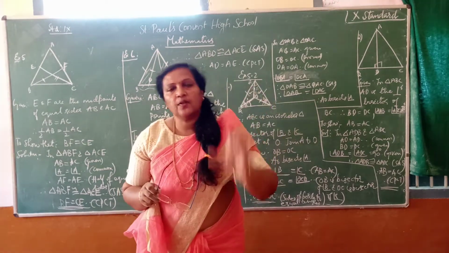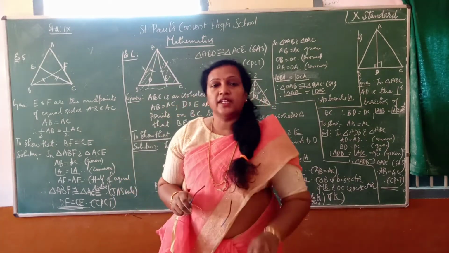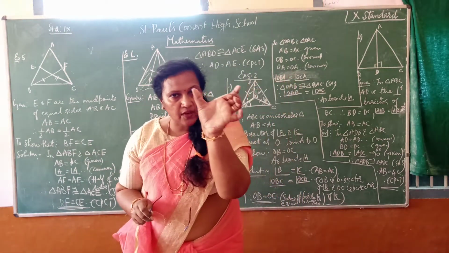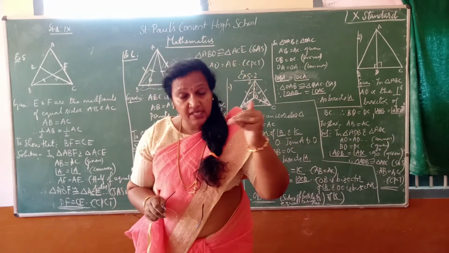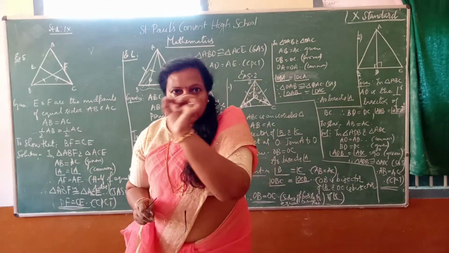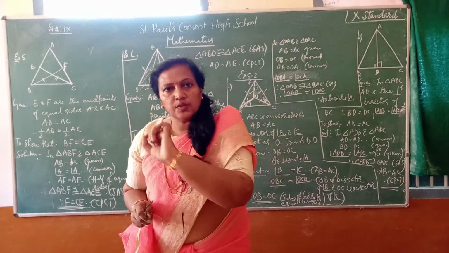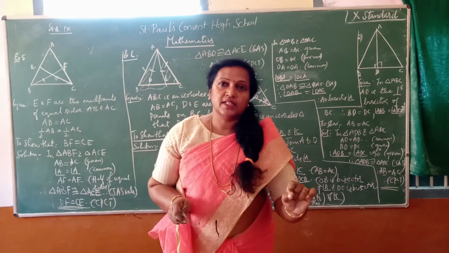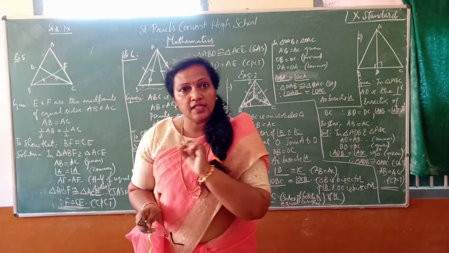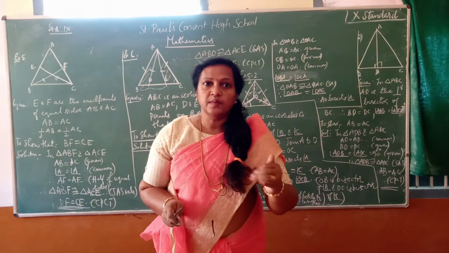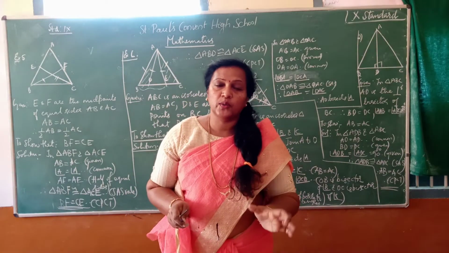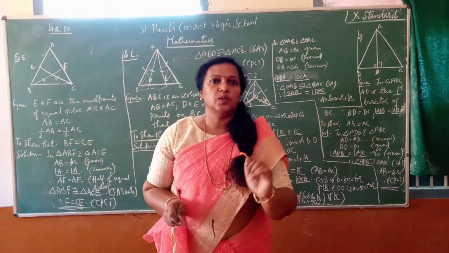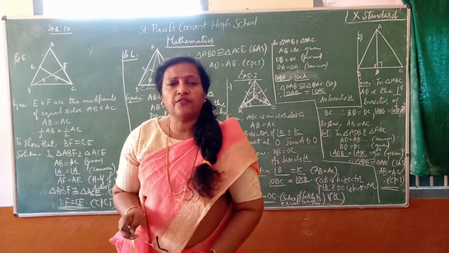Giving the heading criteria for congruence of triangles, there are 5 criteria, 5 conditions, which you have to write first. Mention the names: SAS congruence rule, ASA congruence rule, AAS congruence rule, then SSS congruence rule. Then the last one is RHS congruence rule. After mentioning all the names, the second point is you have to define all. Give the next side heading SAS congruence rule. You have to state all the 5 rules.